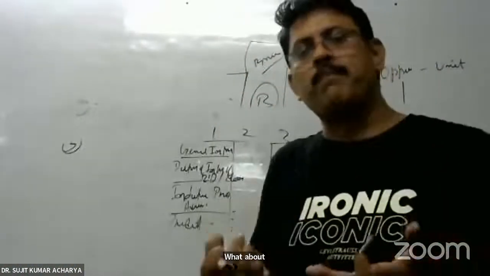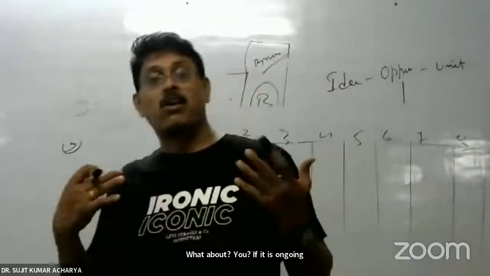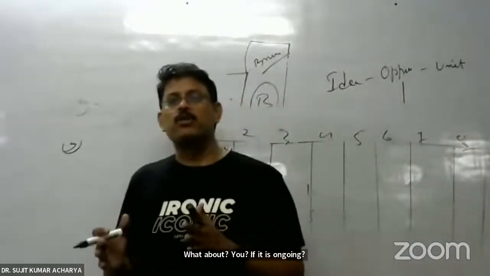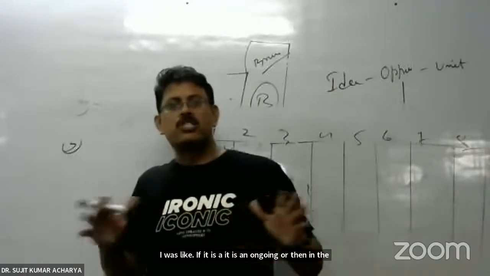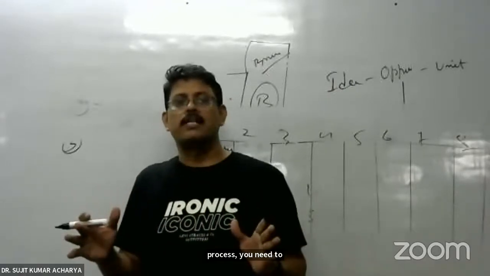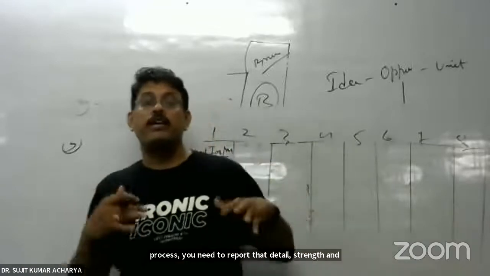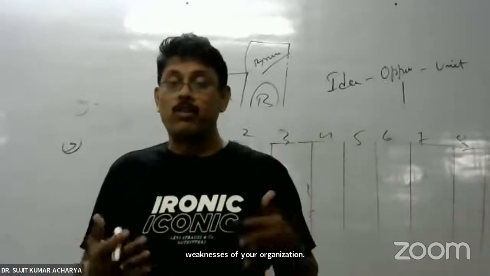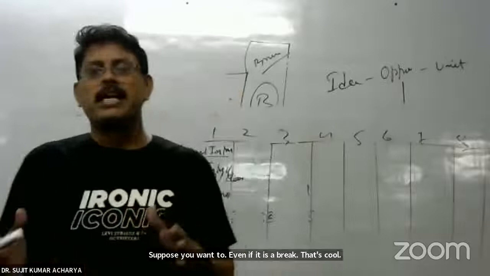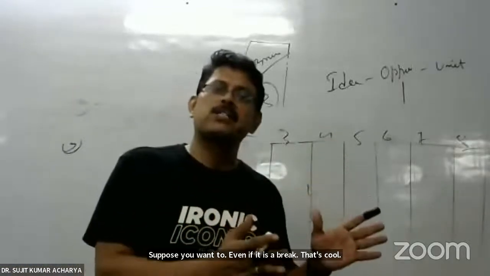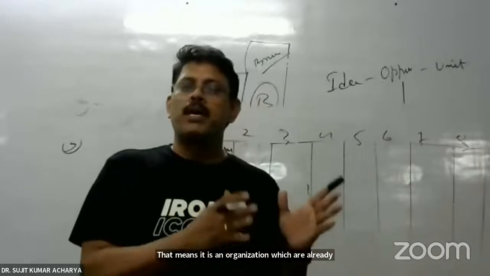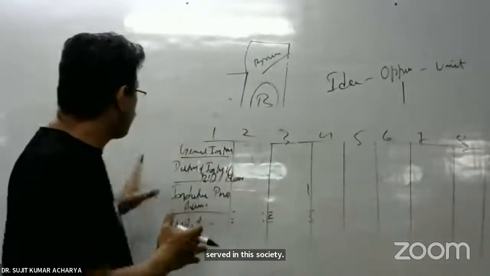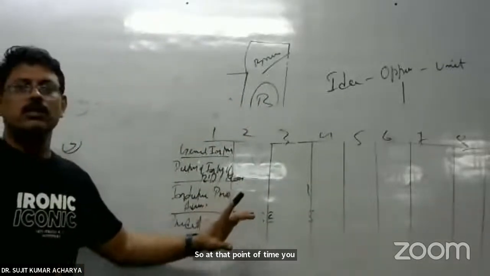If it is an ongoing project, if it is an ongoing organization, then in the project you need to report the detailed strengths and weaknesses of your organization. Suppose it is a breakthrough, the opportunities, breakthrough opportunities, that means it is an organization which is already serving in the society. So at that point of time, in the case of formulation, you need to write down the basic